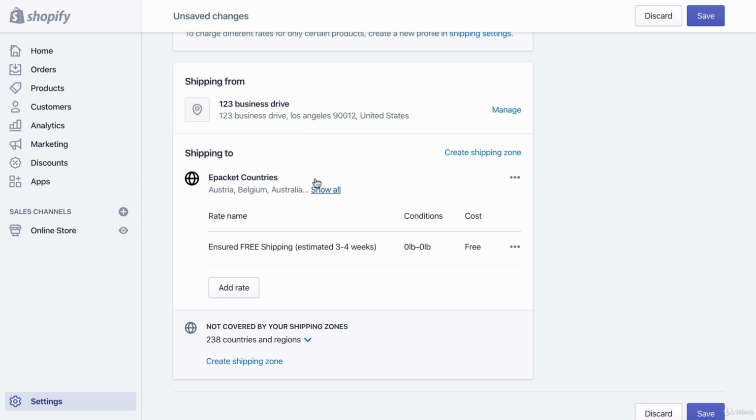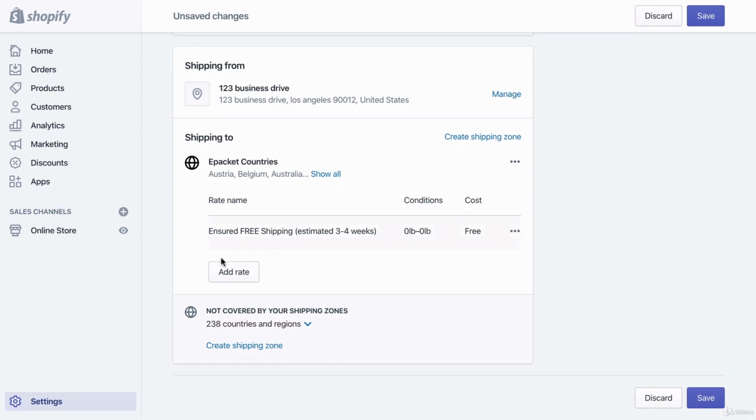So your zone should be the same. Technically, you don't need to change this if you've already set this for your retail products. The only thing you really need to change is your rates. Currently, I already have a free shipping rate, which I'm very transparent about the shipping wait time, which would be 3 to 4 weeks. I would ask you to write in estimated 3 to 4 weeks into your shipping time so that people don't